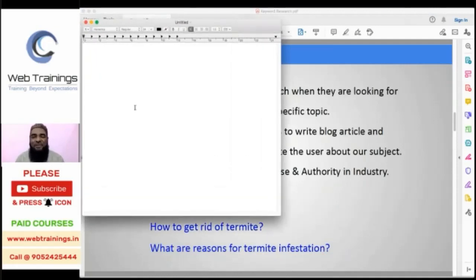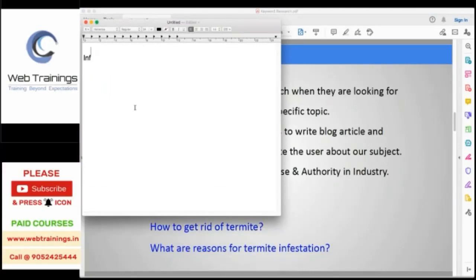So what are the types of queries? So here is the point. When we talk about the user point of view,